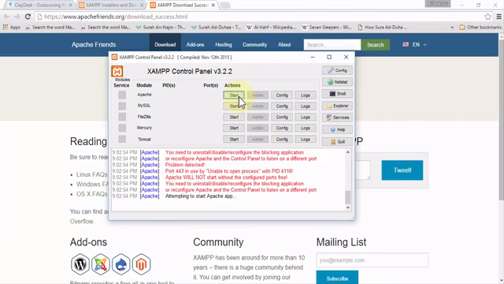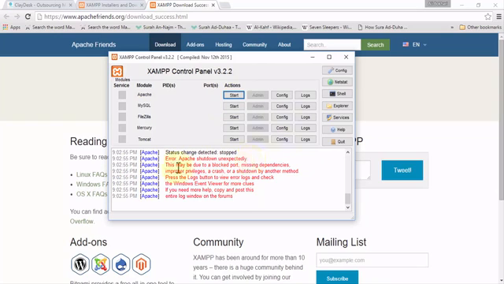Now if I start Apache, it says error, Apache shut down unexpectedly. This may be due to a blocked port, missing dependencies, improper privileges, a crash, or a shutdown by another method. So to start Apache, I must change the port settings so Apache is connected to an open port, so it could start to work. So I will teach you how to do this and how to configure in the next